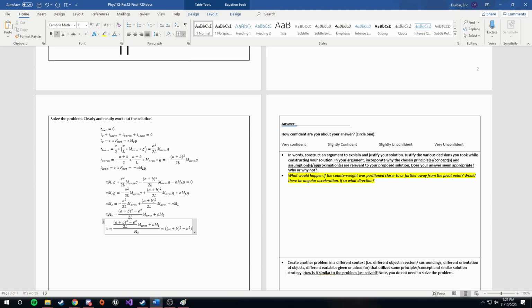A plus b squared minus e squared. We just need infinite sets of parentheses. Plus 2ALML